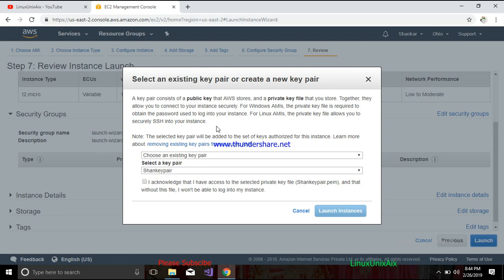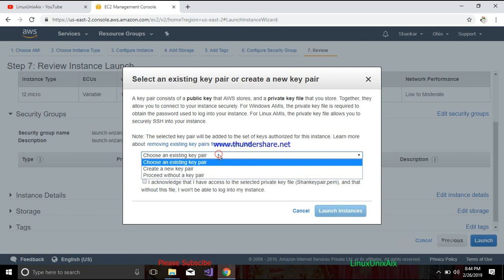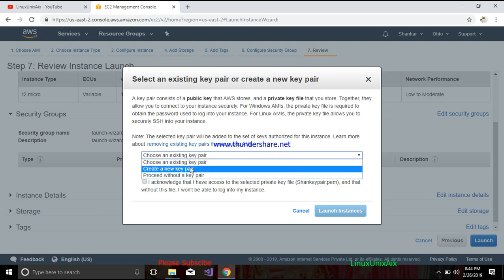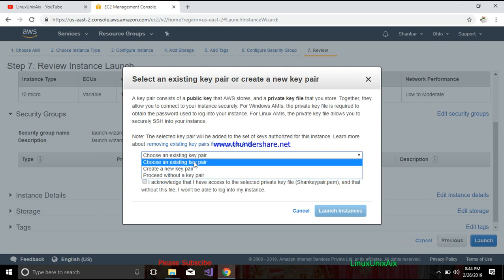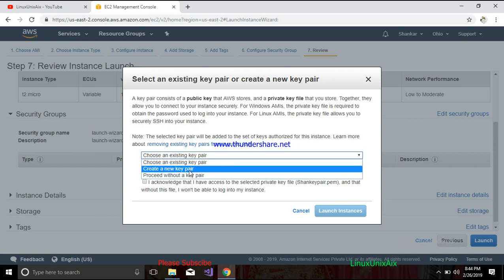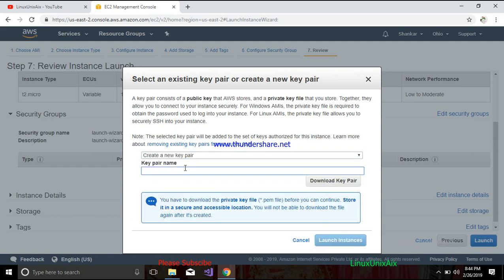Okay, so what we will do is choose an existing pair or create a new pair. We'll select create a new pair, then give it a name, because we need a pair to connect to this system. Later I will also tell you how to log into this system using a username and